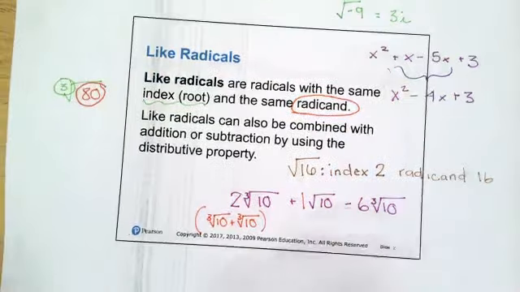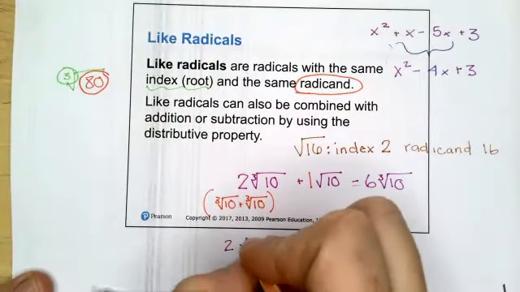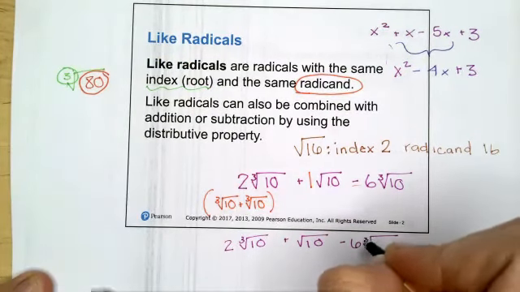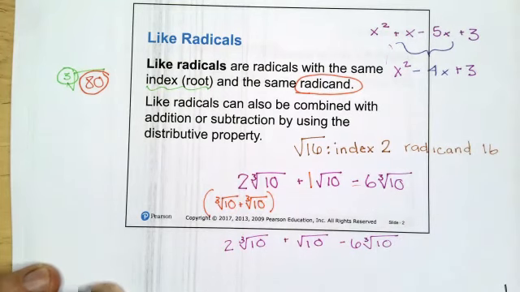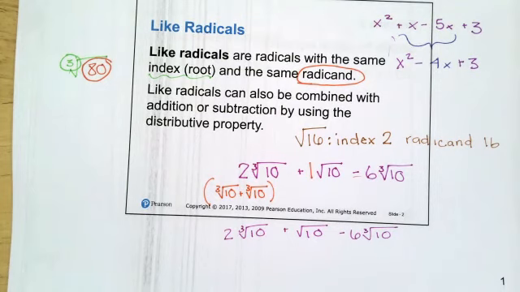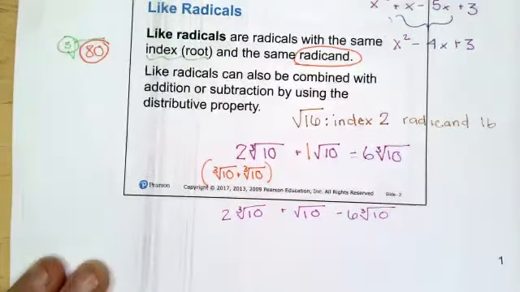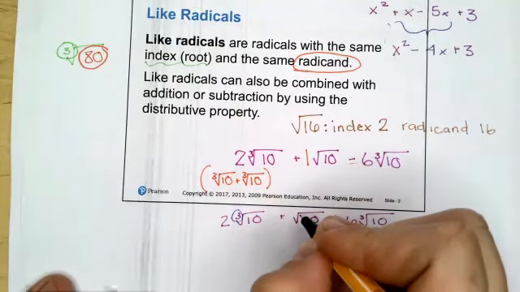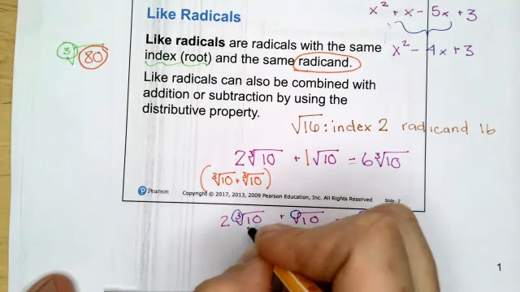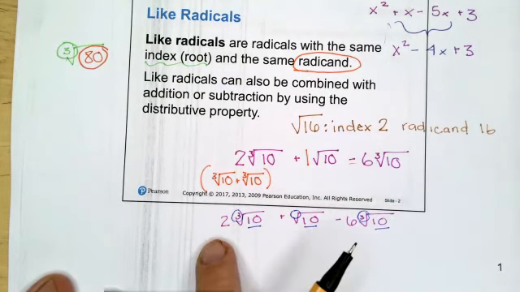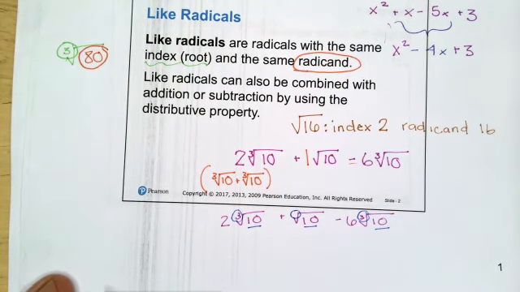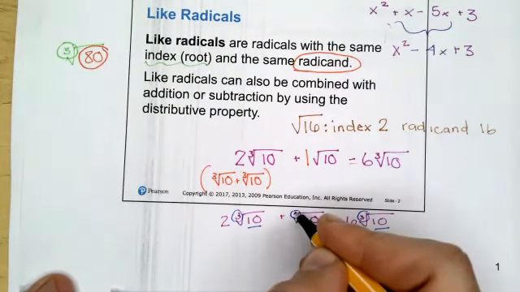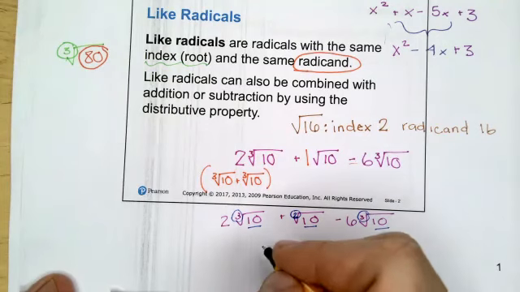Okay. So again, 2 third root 10 plus square root of 10 minus 6 third root of 10 means for there to be the ability to make like terms and combine them, this has to be the same. And this has to be the same. Okay. So we cannot combine all 3 of these because though we have a 10 as the radicand, this one has a 3. This one has nothing. It's an understood 2. This one has a 3. Okay. So we can only combine